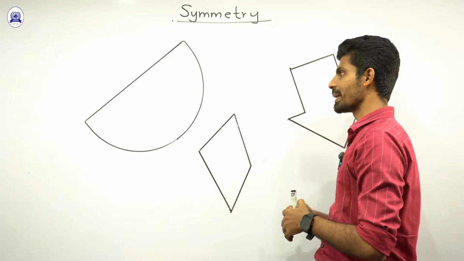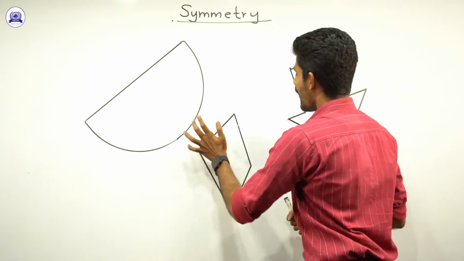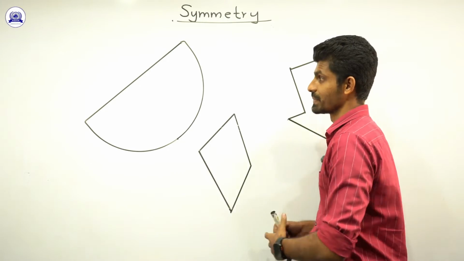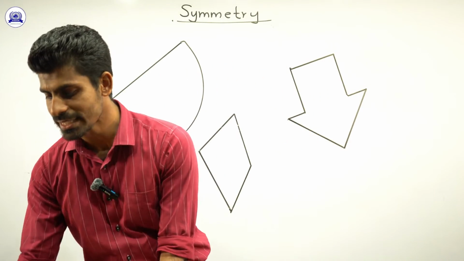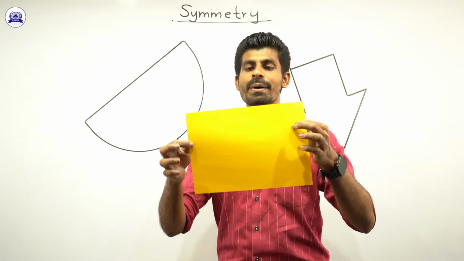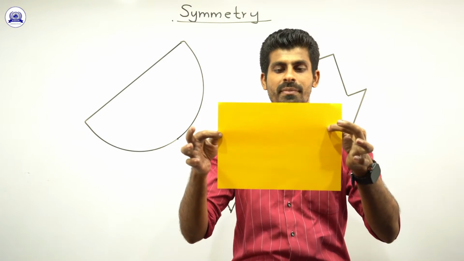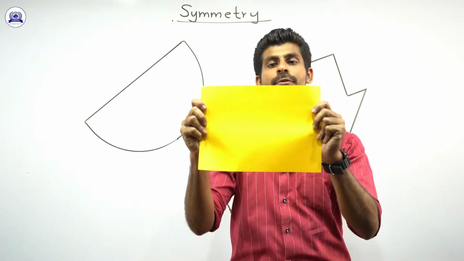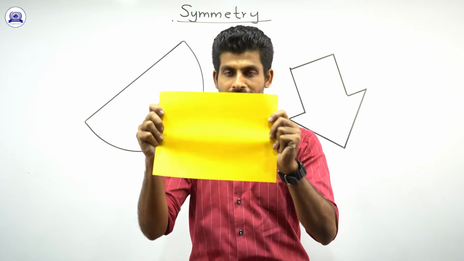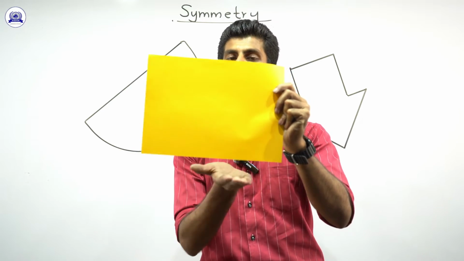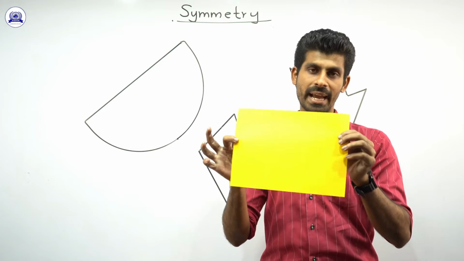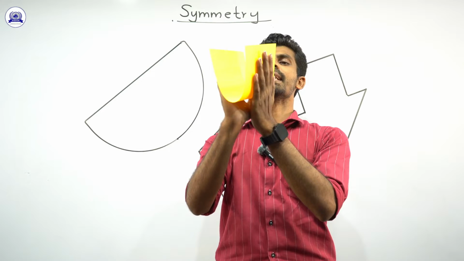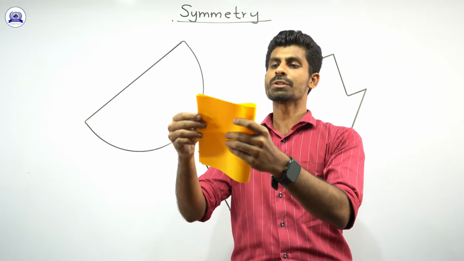Look at the word symmetry. I have already drawn 3 figures on the whiteboard. Can you see this one? Yes, right? In addition to that, I have an A4 sheet. You can see this is the A4 sheet. What is the shape here? Rectangle. Then the rectangle you can equally fold into